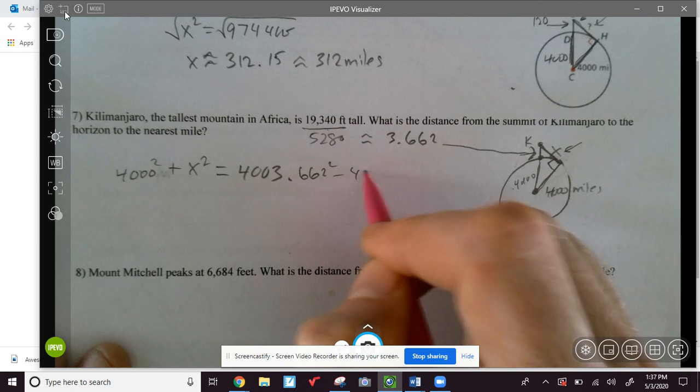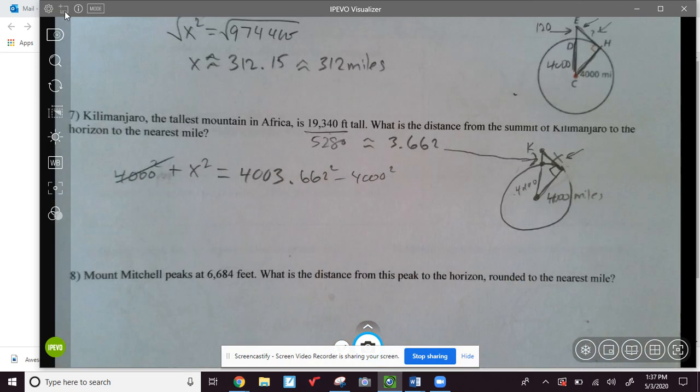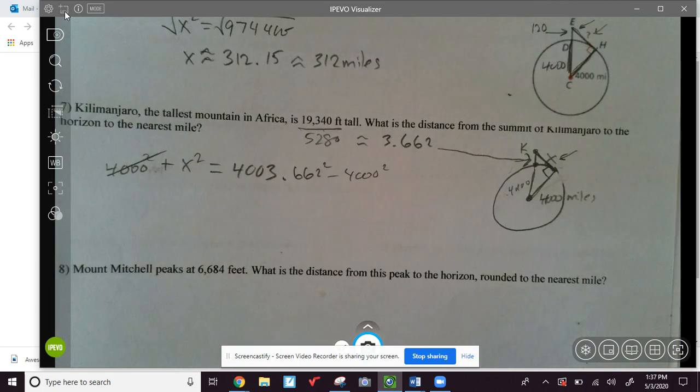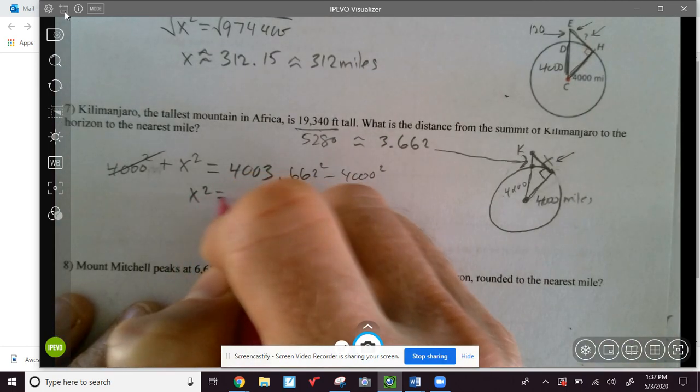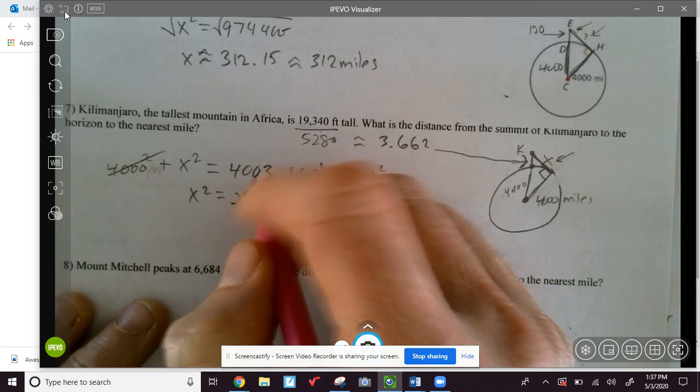We subtract 4,000 squared. So 4,003.662 squared minus 4,000 squared, and we get x squared equals, we won't round,